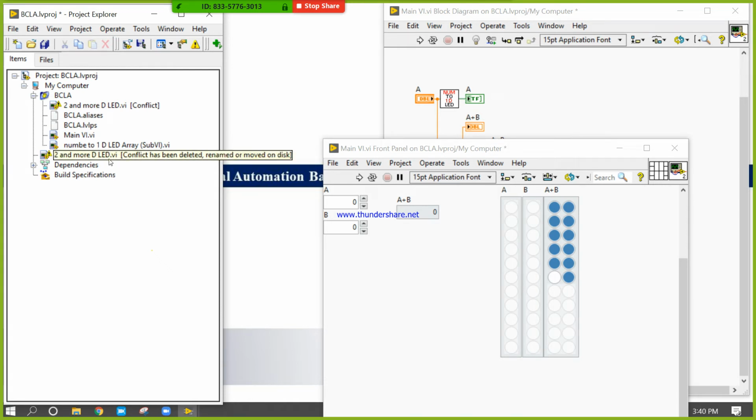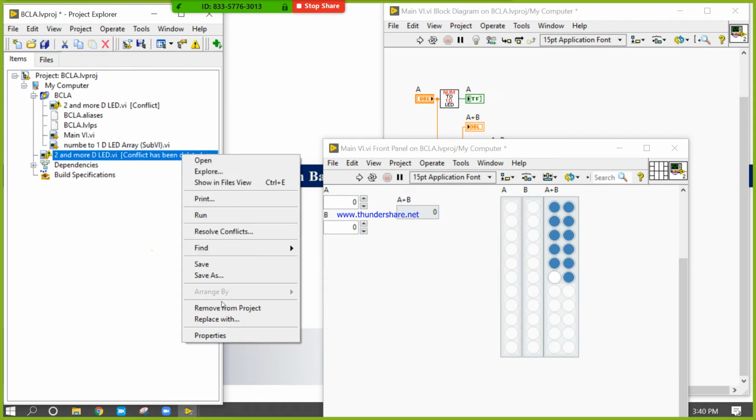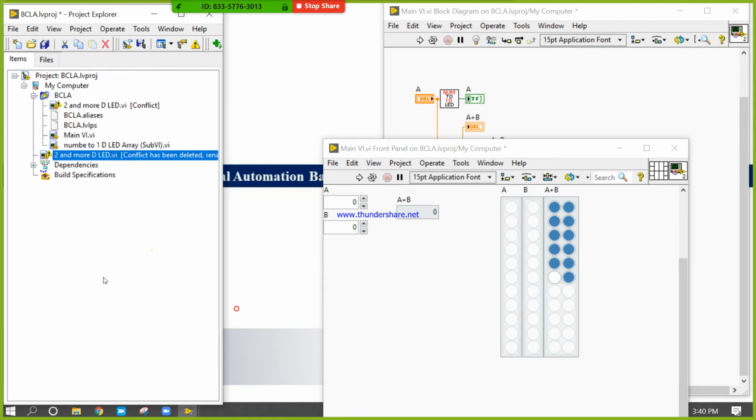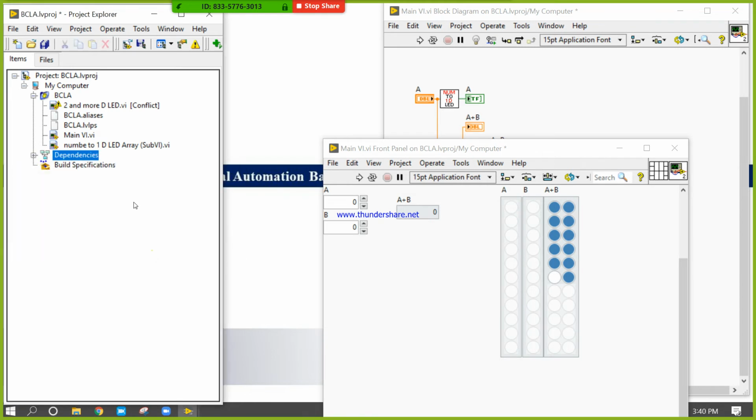Conflict, because there are two things: one is present here and I have taken one here. So for now I will delete this one. Remove from project. After that there is no conflict.